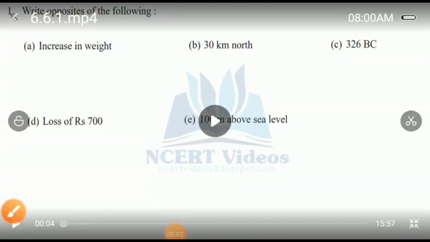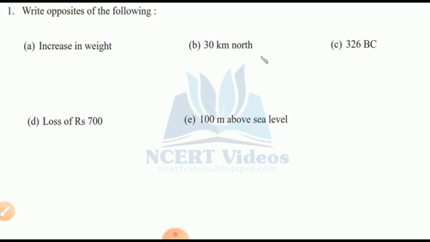Welcome students once again to our 6th standard mathematics, chapter number 6, Integers, exercise 6.1. Here is the question. Write the opposite of the following: increase in weight, 30 km north, 326 BC, loss of rupees 700, 100